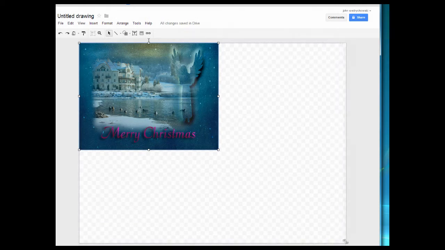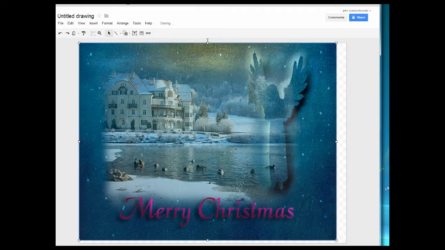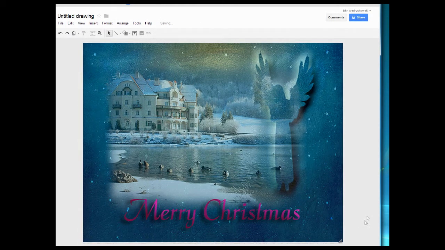So I'll bring that down to fill my... it's not going to quite fill it, is it? It's not quite the right shape, but we can do something about that because we can change the shape of our paper. There we go. So that's our card,